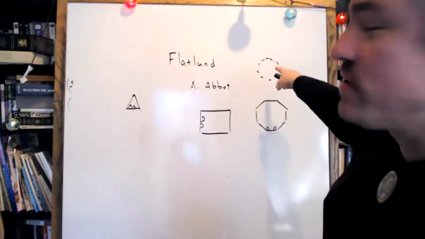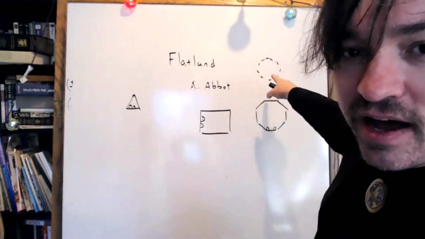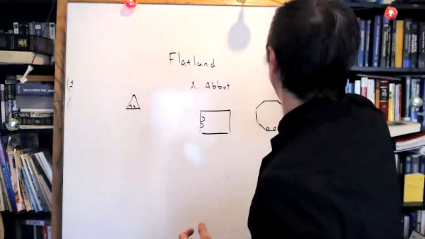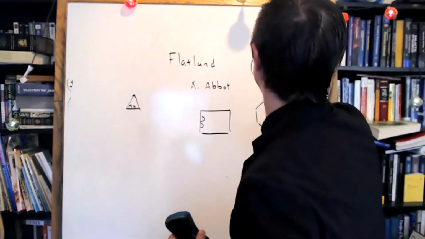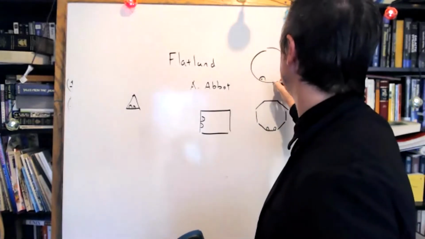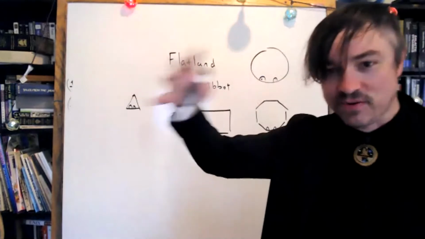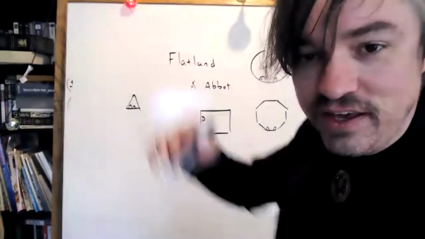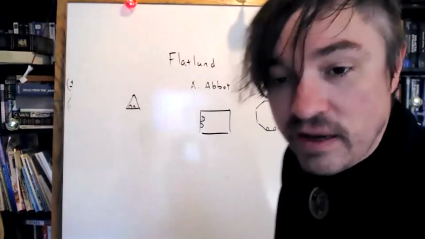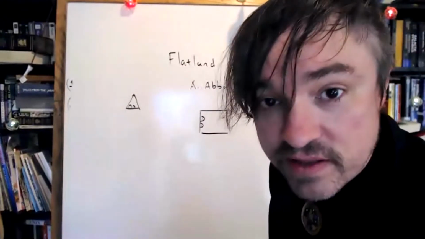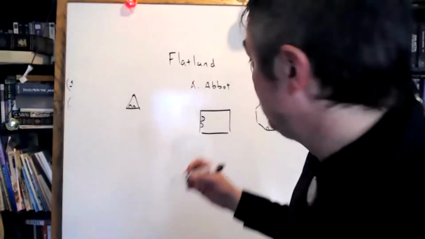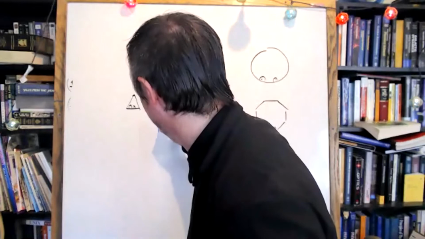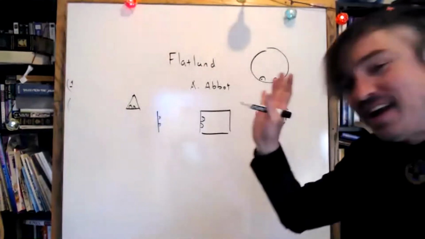I guess the more sides that you add to your polygon, eventually when you have an infinite number of sides, you would become indistinguishable from a circle. So a circle was actually considered the priest or the shaman of their society. They were the highest ranking you could get. Unfortunately, this was a Victorian society. It wasn't very progressive. So women, unfortunately, were just lines. I didn't make this up.